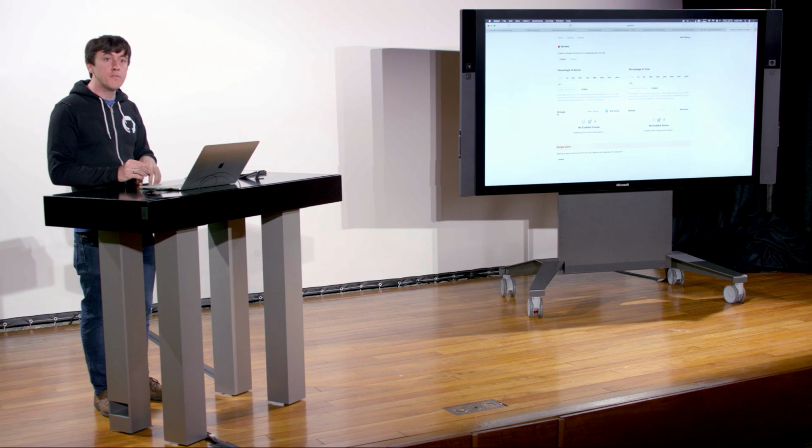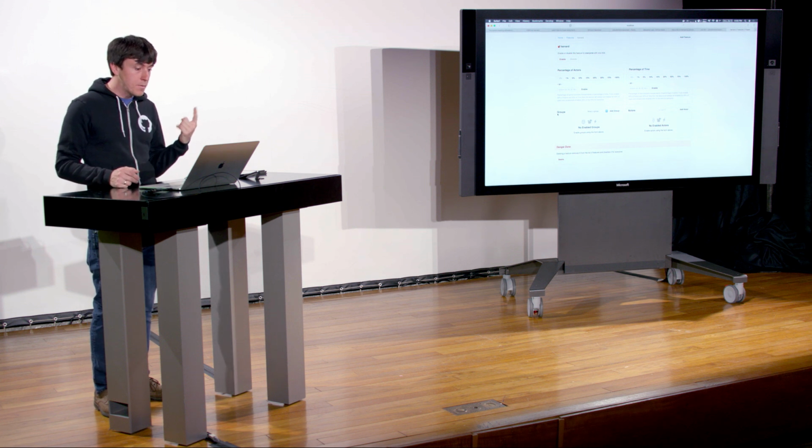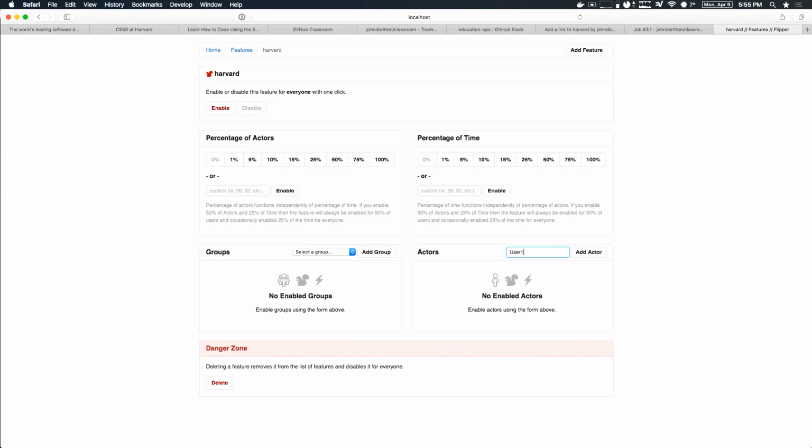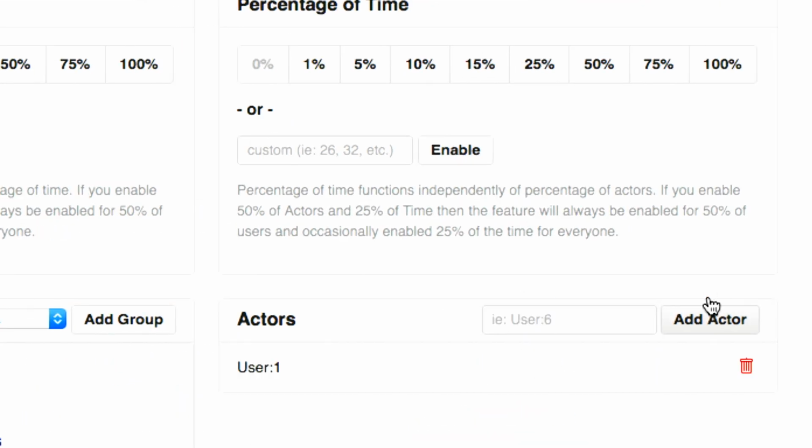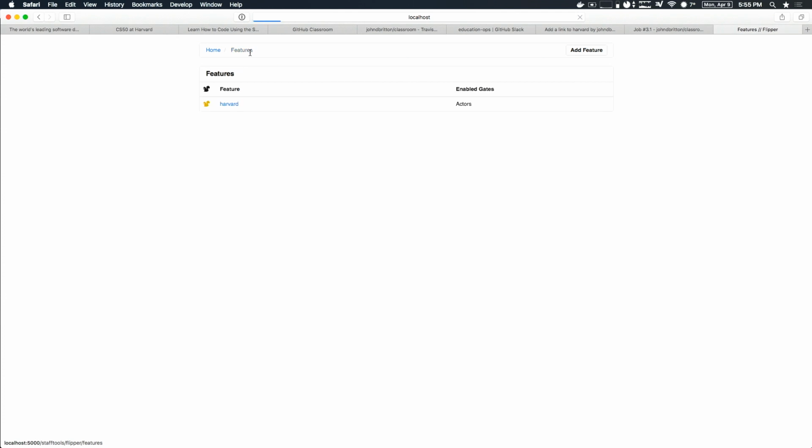Since this is my development environment, I know my user ID is 1. So I'm just going to enable this for user 1. So I'll just enter this in here. Click Add Actor. And now the feature is partially enabled. You can see it's yellow. And if I switch back,